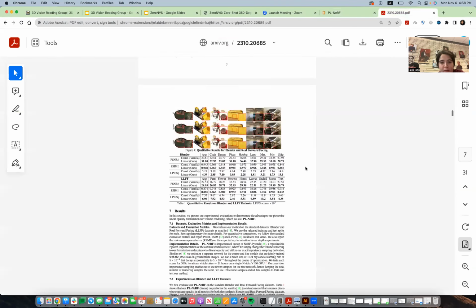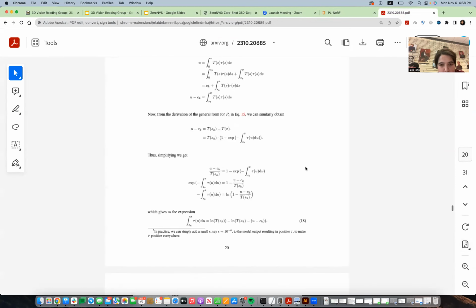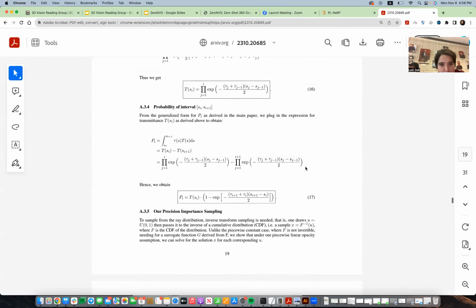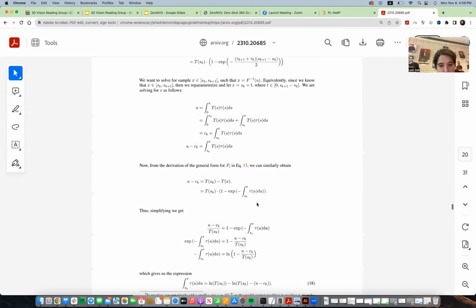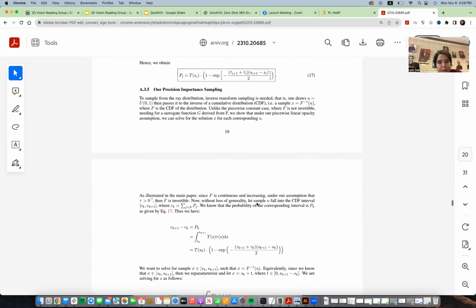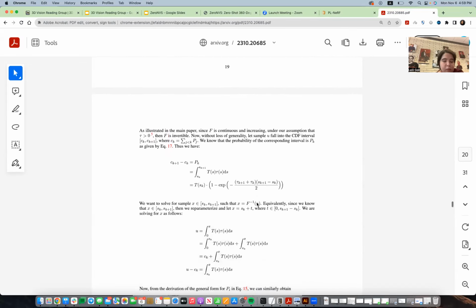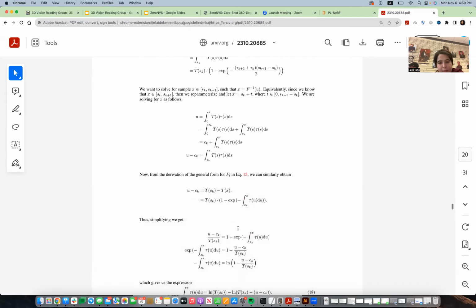Okay, so going to the proofs. I'm not gonna go into all of it, but I'm just gonna give the gist of what they did. Here is the proof for the inverse method, like inverse importance sampling using the inverse CDF. And they basically start from this part. So they say that up to a point on the sample, so they only do importance sampling between two consecutive samples on the